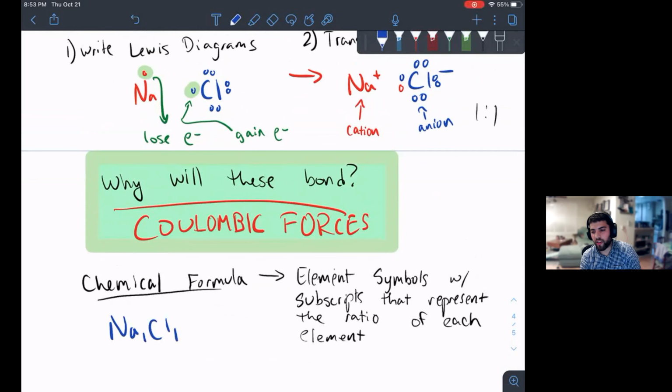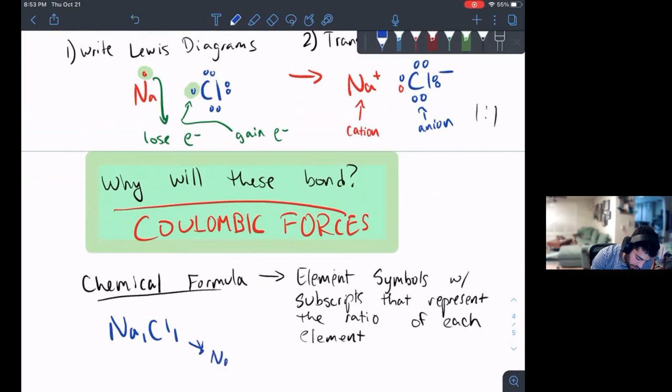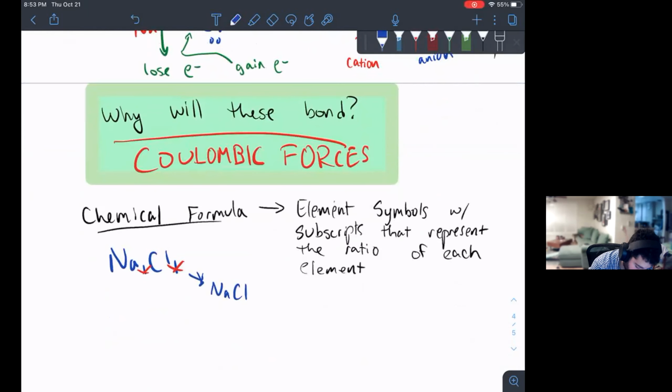a 1-to-1 ratio. But before you get all uppity, we're actually going to instead write NaCl because scientists are lazy and we do not like those ones. I'm actually going to just go ahead and cross them out. If we don't have a reason to write a 1, we never will. We'll just always assume there's 1 unless someone tells us otherwise. So the formula is sodium chloride, or NaCl, which we then call, my bad, sodium